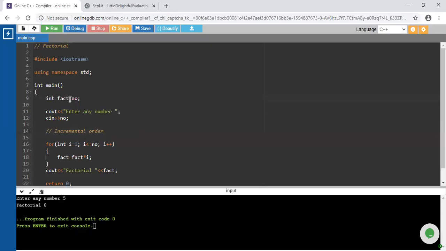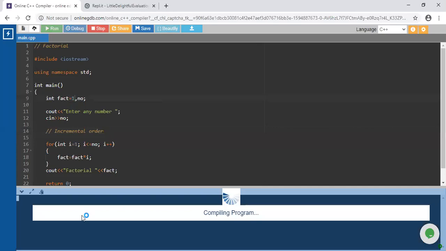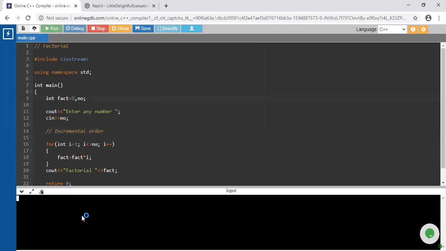So a better way is to initialize the fact variable to 1. Now just check. Enter a number. The factorial of 5 is 120.